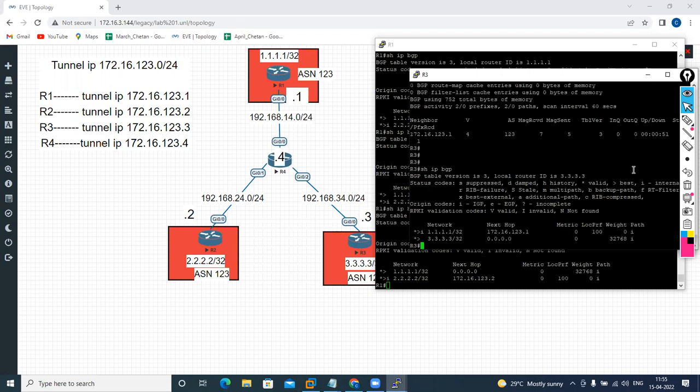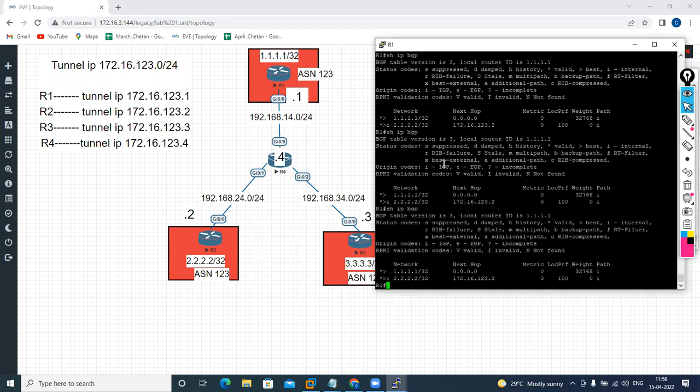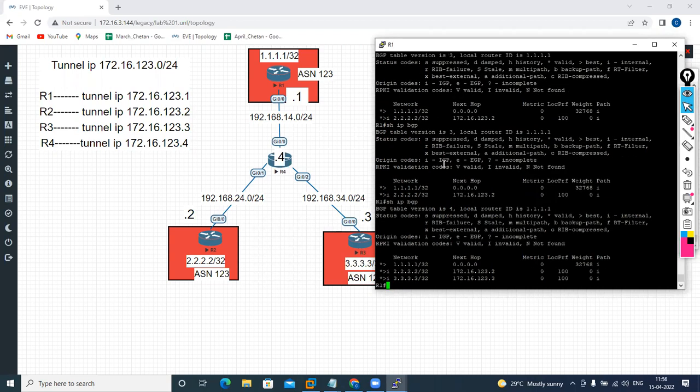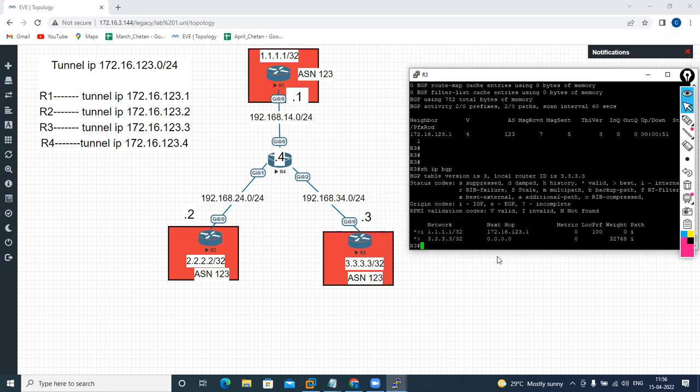We can clear. Clear IP BGP star soft, right? Can do that just to get the updates. So now it is fine. So go to R1, I have this. So now if you go and check on R2 and R3,